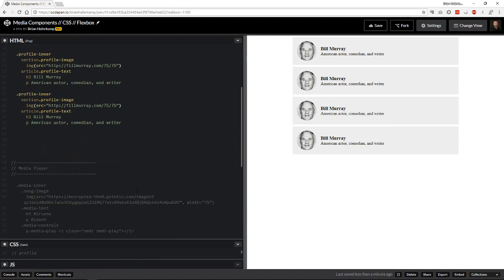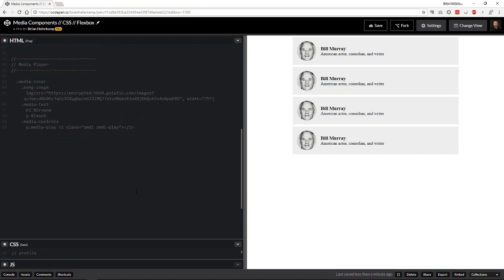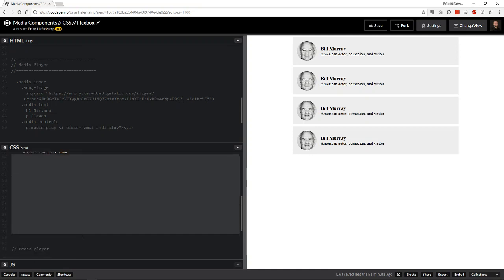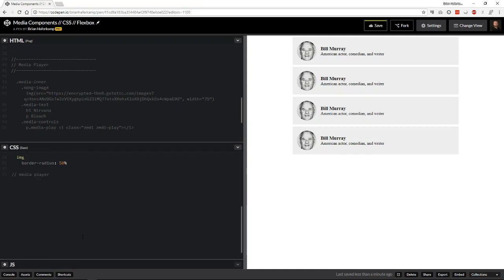And let's move on to the second example. The second example is like a little media player. You see this a lot if you try to make a media player, or you try to make a little song player or a song list, you might see this pattern. So let's just take this